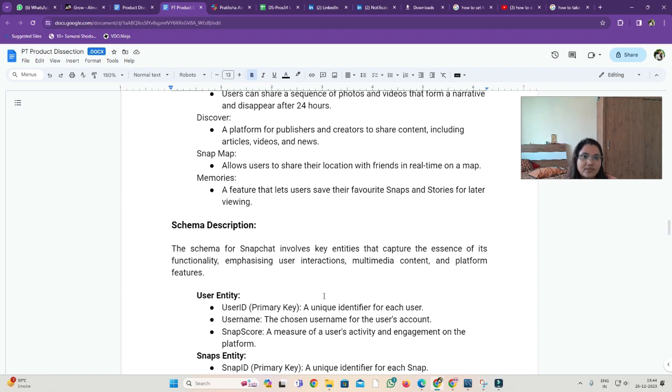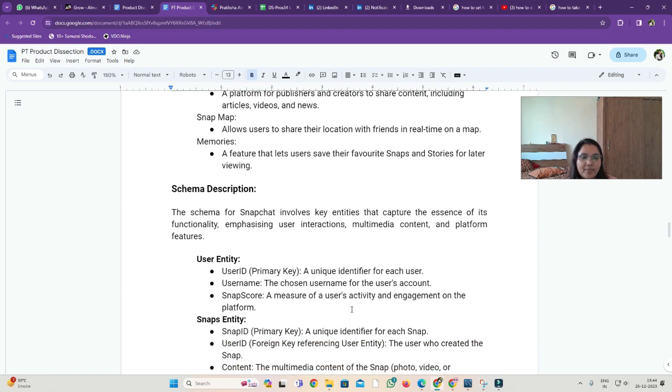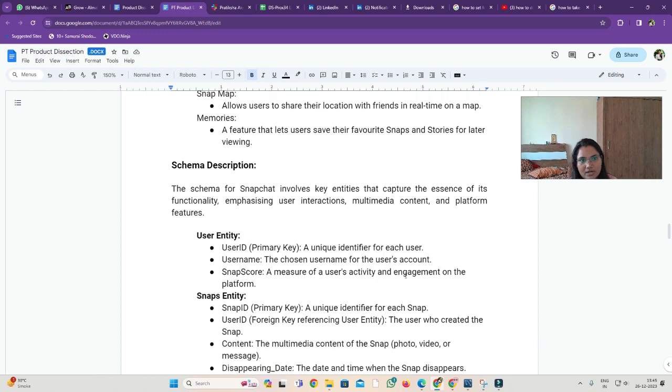The Discover, a platform for publishers and creators to share content including articles, videos, and news. Snap Map allows users to share their location with friends in real time on a map. And Memories, a feature that lets users save their favorite snaps and stories for later viewing.